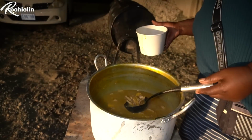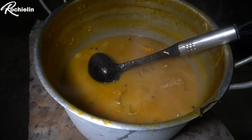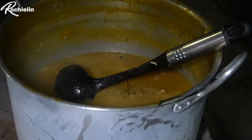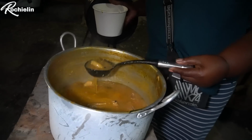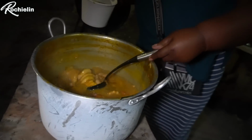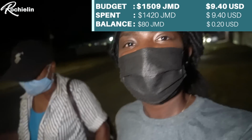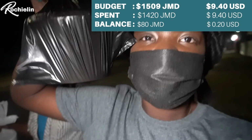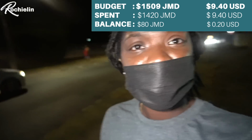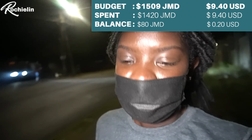I only have $489, which means that I'm in luck for the soup because the most expensive one is $400, which is the exact one that I'm about to purchase. So yippee! We are in budget. Yeah, I just bought the soup. It cost $400, right? So I was able to buy breakfast, lunch and dinner out of my $10 US, which